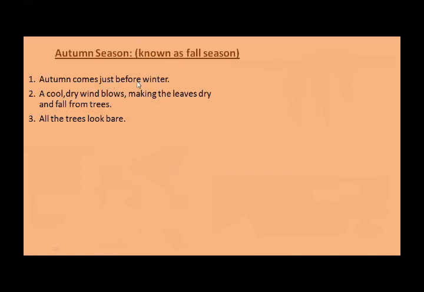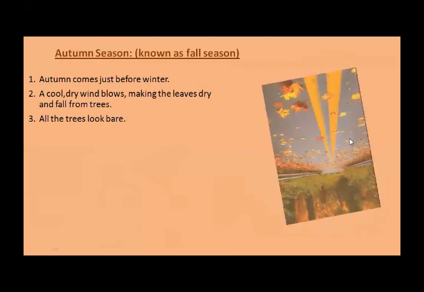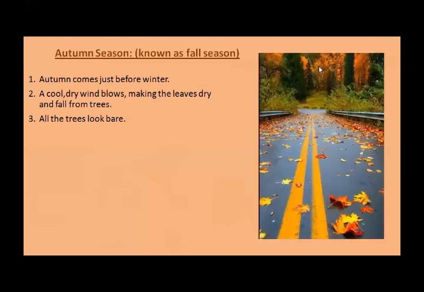Autumn comes just before winter. After summer and before winter, because autumn is in between the summer and winter seasons. So a cool dry wind blows, making the dry leaves fall from the trees, and the color of the leaves changes in the autumn season. Because they get dry and their color changes into yellow, red, and brown, and the leaves then fall from the